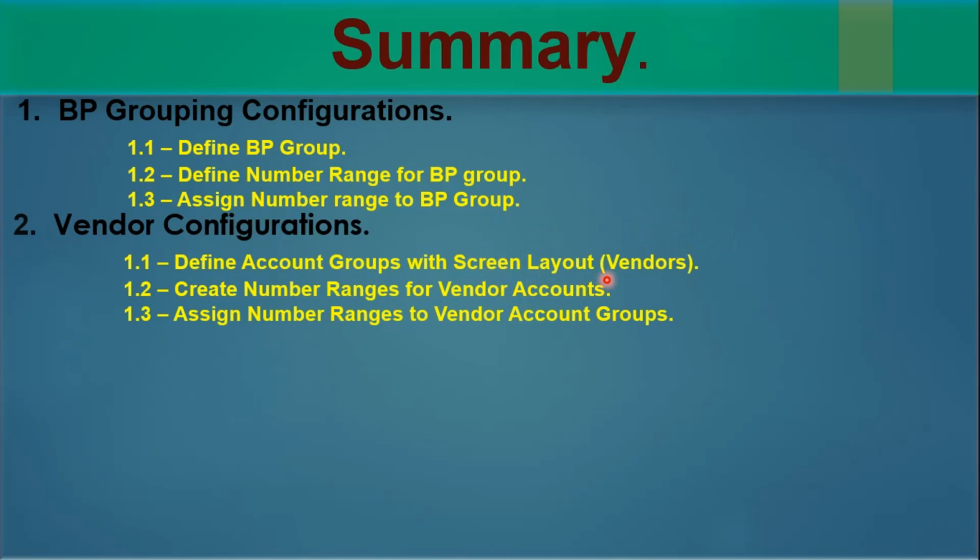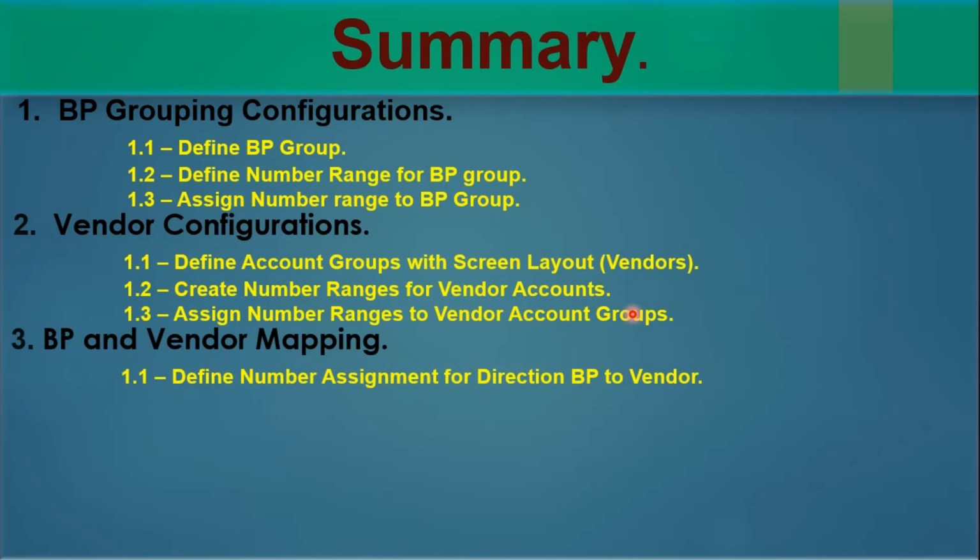It will allow you to do that for all views, that is general data, company code data, and purchasing data. So you can define that account group, you can create a number range for that, and you can assign that to that account group. Then third, we map the BP and vendor account group so they can have the same number range,